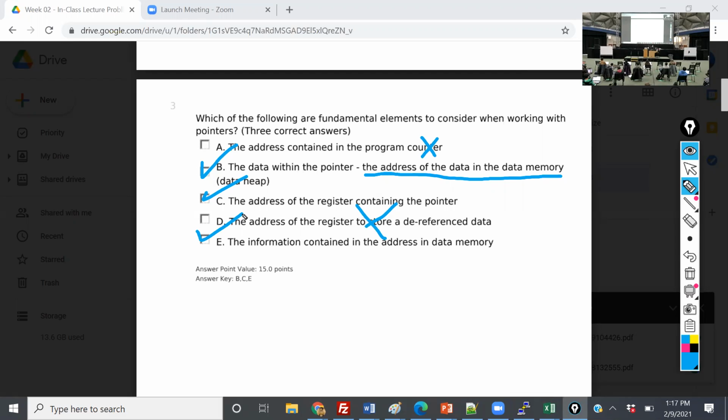Let's see. So Carlo asks, how is a void pointer functionally different from a regular pointer? I'm going to go into this in a lot more detail, but the short answer is the void pointer points to a location only, and then we're going to start working on casting to types, which we will then use to interpret a set of bits of data as a data structure. And Matilda, I think that's the same question you had. Did that address your question? If it did, please just say so in the Slack so that I can continue on.